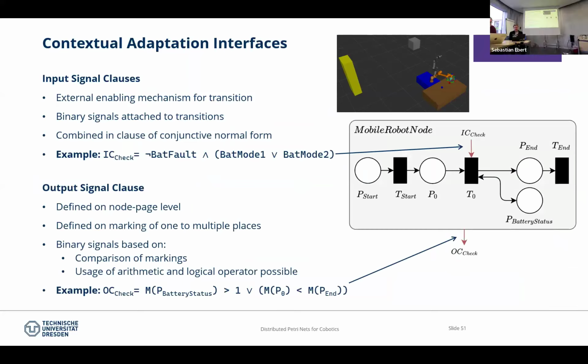Right. So a practical example for input signal is essentially the red button on your robot. And that was also what we did in the first case study. If in the environment of a robot, a human hits a button and the robot stops now. Not when the transition stops firing, but now. That's the practical example for input signals.